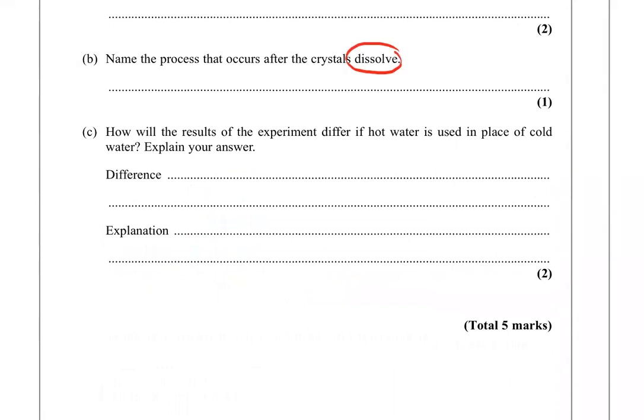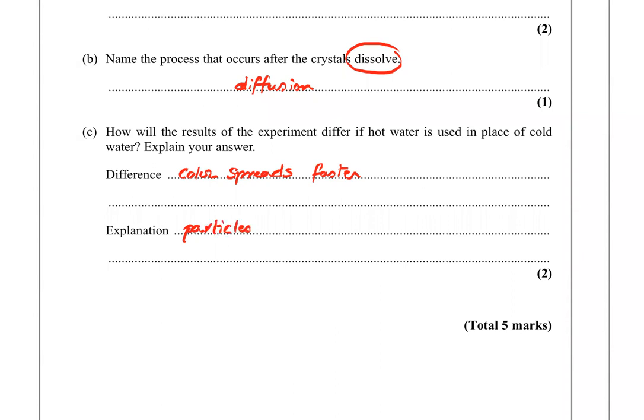إيه اللي بيحصل بعد ما crystal بيديزولف؟ بيحصل لها diffusion اللي هو الانتشار diffusion. How will the results of the experiment differ if hot water is used in place of cold water? The difference: color spreads faster. ليه؟ لأن لما البارتكلز بتgain more energy أكيد بيحصل لهم diffusion faster. Explain. عشان هيبقى particles